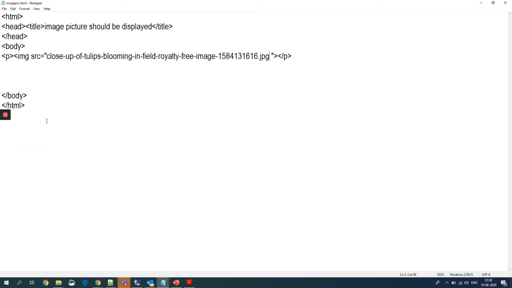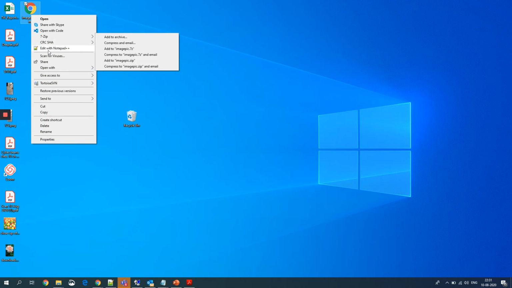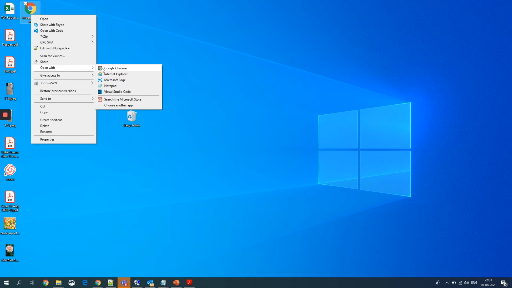Now this I am going to save. Remember, we are going to save it because already we have used Save As to save it for the first time. Now after saving, I will again go to the file which I have saved. Now you see, automatically the icon changes to a web browser icon. It is a Google Chrome icon, so it has naturally changed. No problem if your icon has not already changed. What you will do, you will just right click it in any case and then choose open with Google Chrome.